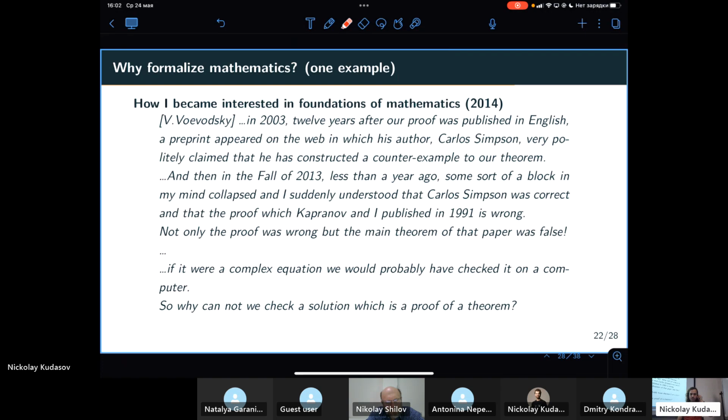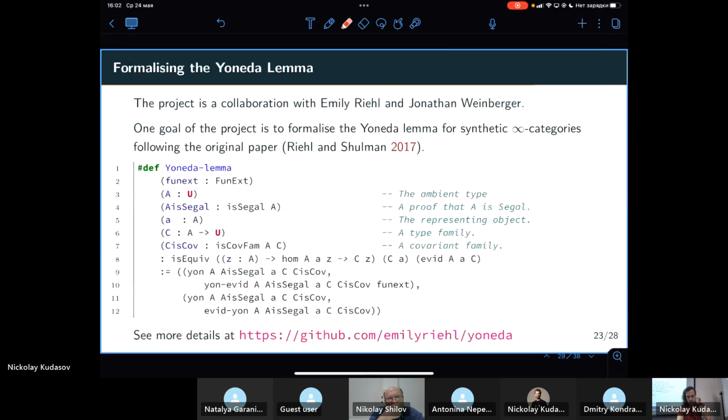So he asked: if it were a complex linear equation, we could have checked it on the computer, but why can't we check proofs of a theorem? And so to this end, we're formalizing mathematics, and in particular, the original paper that introduces the type theory for infinity categories does a lot of proofs in that theory. And one of the milestones is proving the Yoneda lemma, which is of course a very famous lemma, and this is a version for